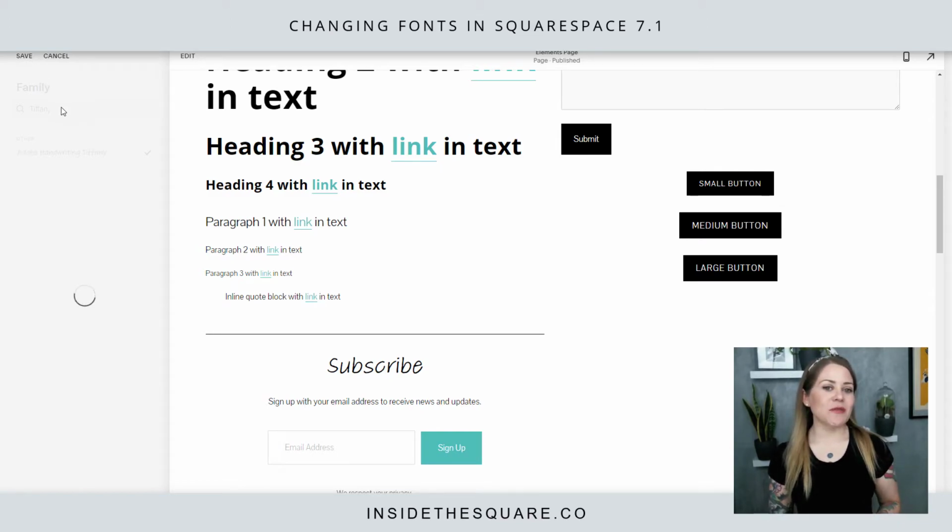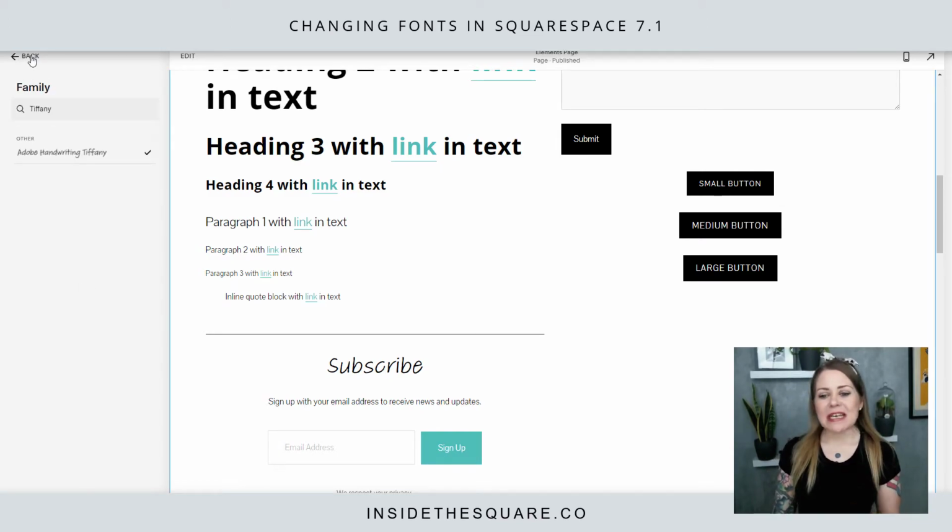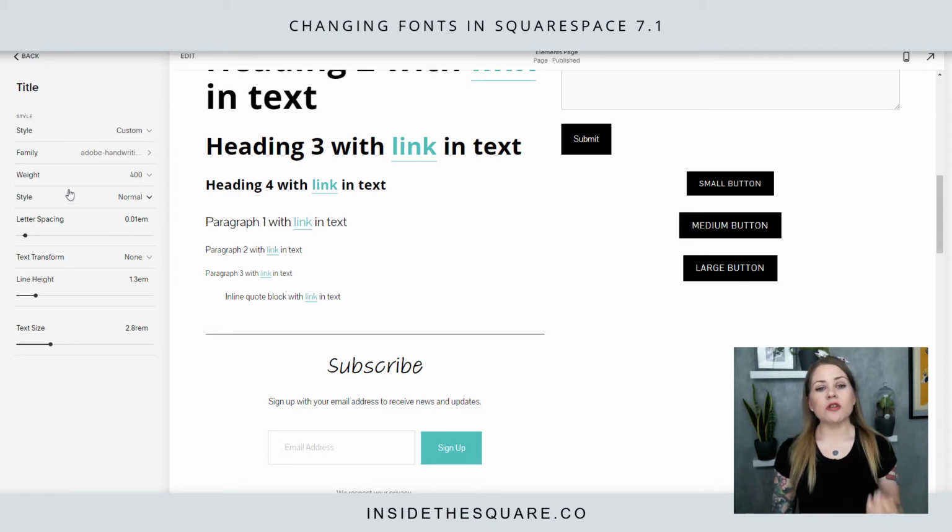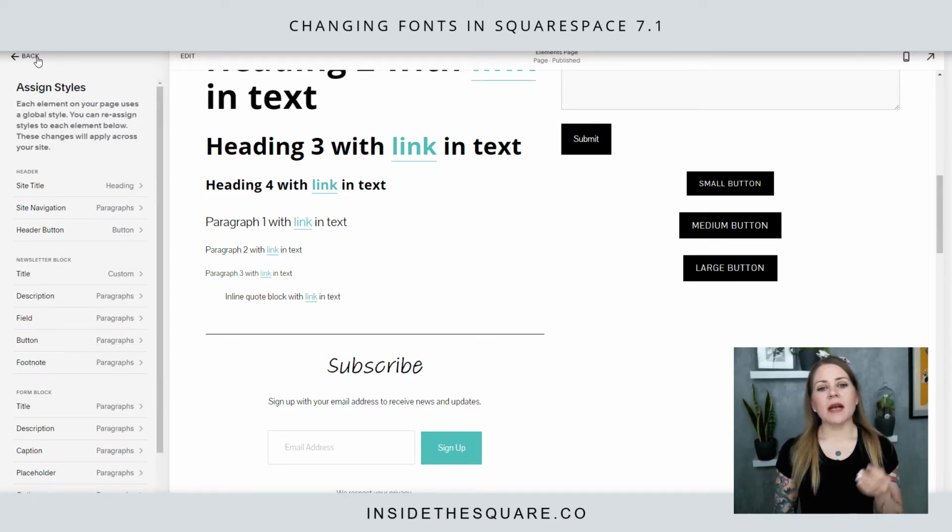All of our other options from that other menu are here for specifically that item I'm editing. So we can adjust the weight, the style, the letter spacing, line height, and the actual size of the text, completely custom for that one thing. I'm going to click this back button, and you'll notice here in Assign Styles, we've got newsletter block and we've